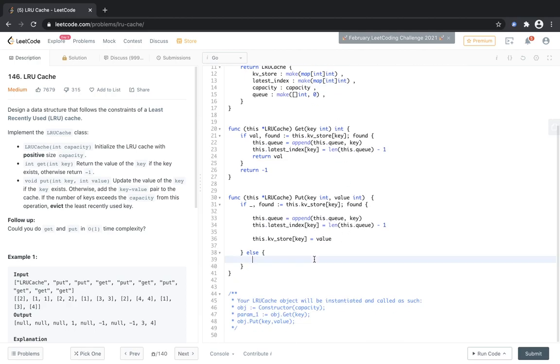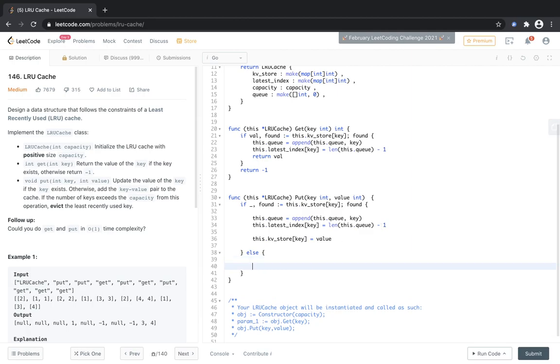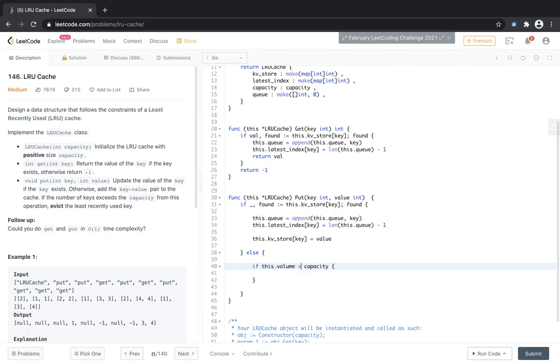So yeah, now, if the value was not found, we have two more conditions. If the volume is less than capacity, actually this would be this.volume and this.capacity. If this is the case, then we simply append it.